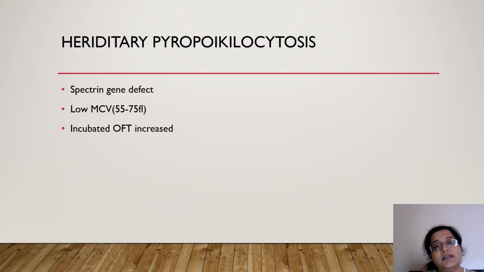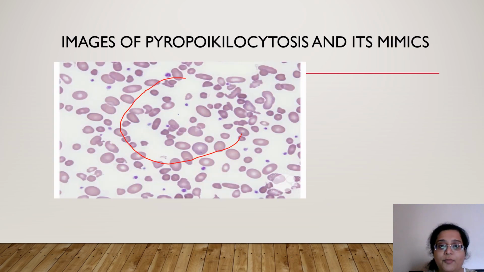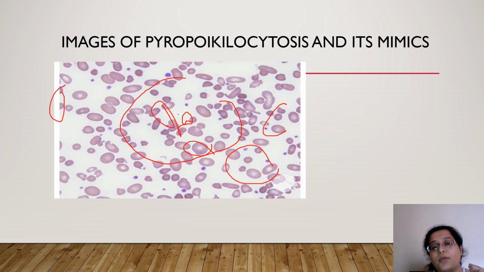Fine. Here are the important points to remember: MCV is almost normal to low, and the OFT might be increased because you will get spherocytes, acanthocytes, cystocytes, elongated cells, elliptocytes. I mean, just think about it, every cell is there. Okay. See, this is pyropoikilocytosis. Where it can mimic, you might think this is thal. Someone might think this is dimorphic anemia. Someone might think some other hemolytic anemia. Someone might think burn. Someone might think infection. So you need clinical data to rule out why the pyropoikilocytosis is occurring. Okay.